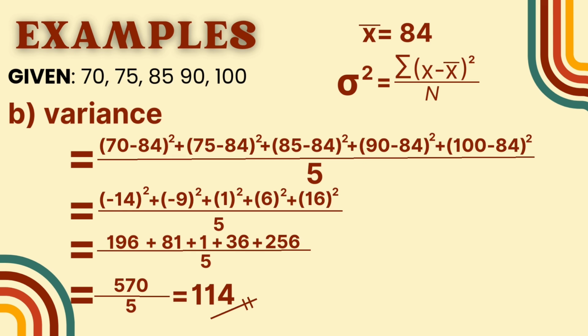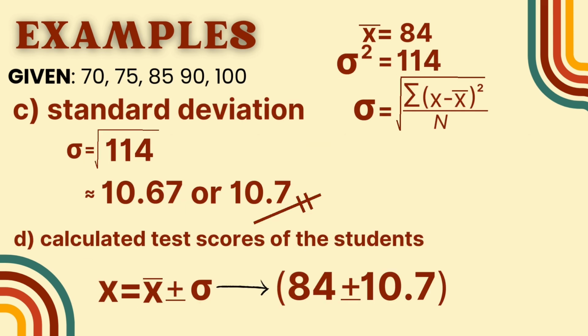So negative 14 plus negative 9 plus 1 plus 6 and plus 16 over 5. So 196 plus 81 plus 1 plus 36 plus 256 over 5. So 570 over 5 is equal to 114. So for our standard deviation, this is the square root of our variance, which is the 114. So its square root is 10.67 or